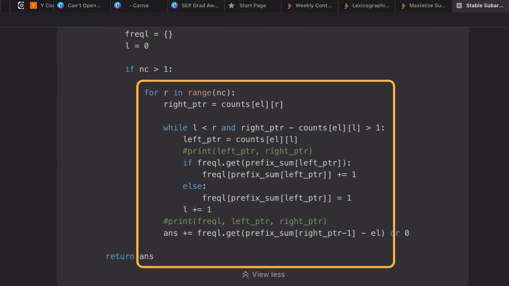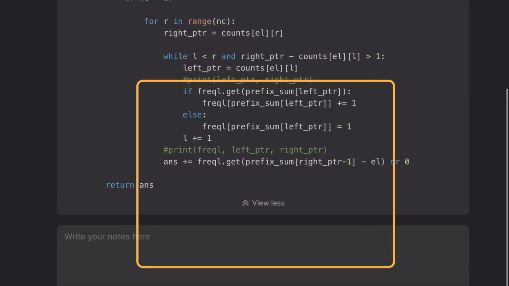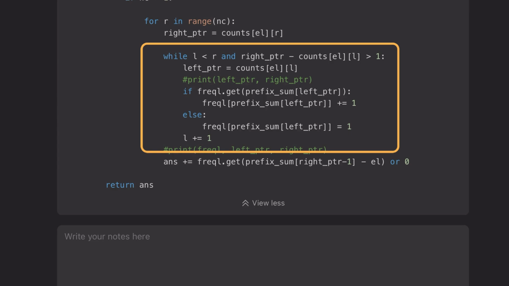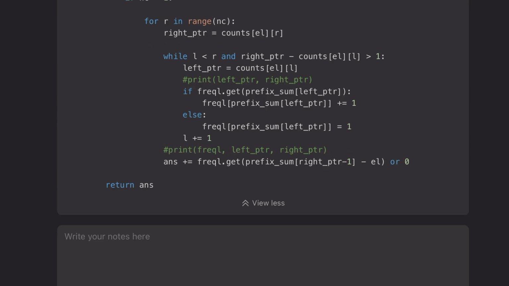So over here you go through all of the right indices. For each element you're going through all of the possible right indices. So the right pointer, we initialize it to that index, and then we check until the left and the right index are not the same thing, and they make a valid subarray, which is a subarray of at least length 3. That's the second part of the condition in the while loop. And now I'm initializing my left pointer, and I am storing the prefix sum I'm getting at this left pointer in a hash map called freq L. So I am storing it, and then I increment the left pointer until we run out of valid